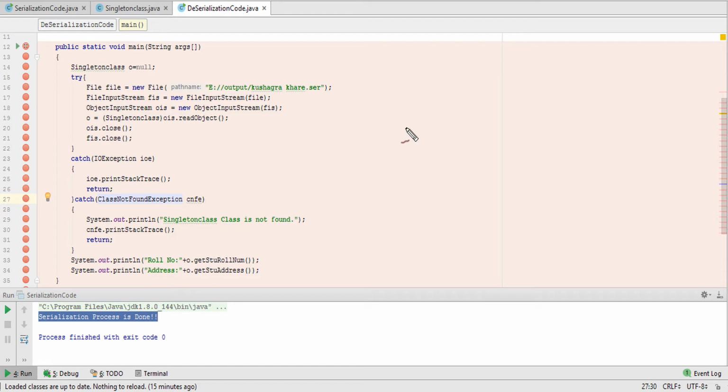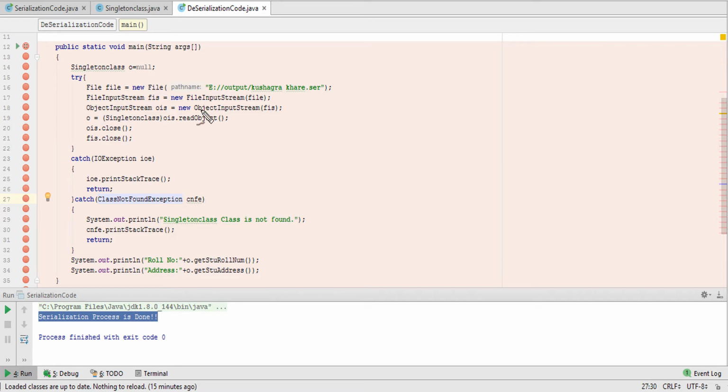We will not directly see the output; we will see how 1 2 3 4 5 and Kushag came to us by surfing each and every line, and the surfing will be done by the computer. Case 1, surfing each line with the help of theory, which I will show you with the pointer, and after that surfing each line with the help of the computer. The computer will show you.